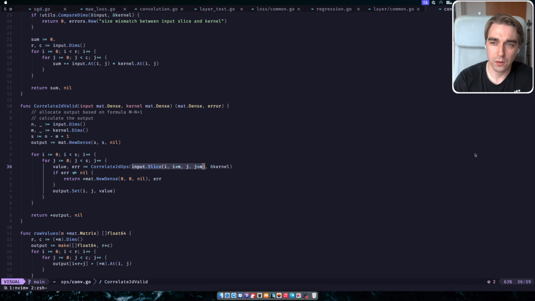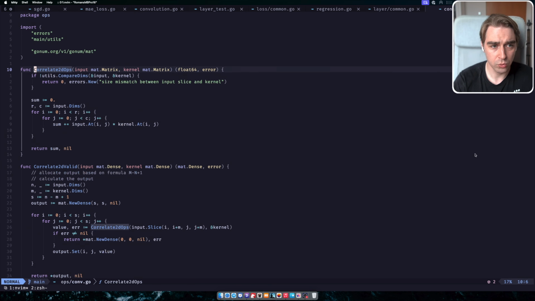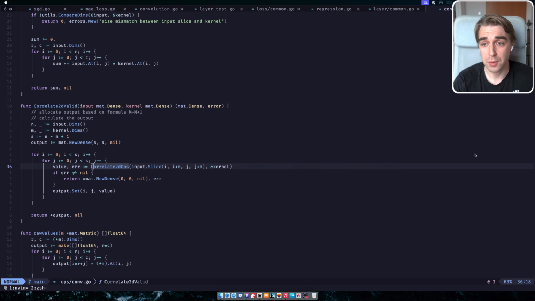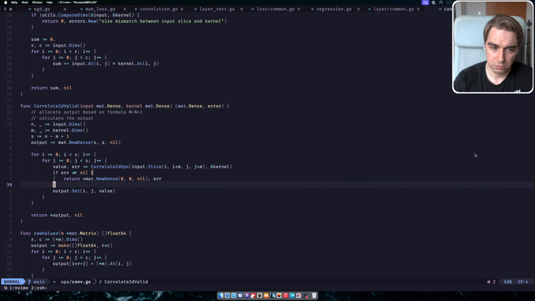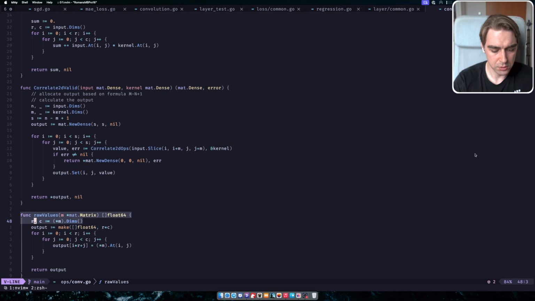This is how we get a submatrix from the input, and then we pass in the kernel and do the multiplication. Otherwise, if we get an error, which here can only be one error, not having the proper dimensions, we return it. Other than that, we have the result. Okay, since this is the leftover,